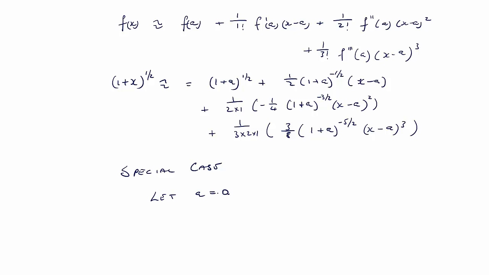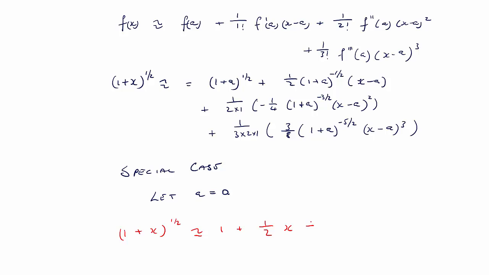Why are we doing that? Because for our purposes it's much simpler. We can see if we let a equal 0, then all these a's disappear. We'll have (1 plus x) to the half is approximately equal to, (1 plus 0) to the half is just equal to 1, plus 1/2, (1 plus 0) to the minus half again is 1, times (x minus 0) will just be x,